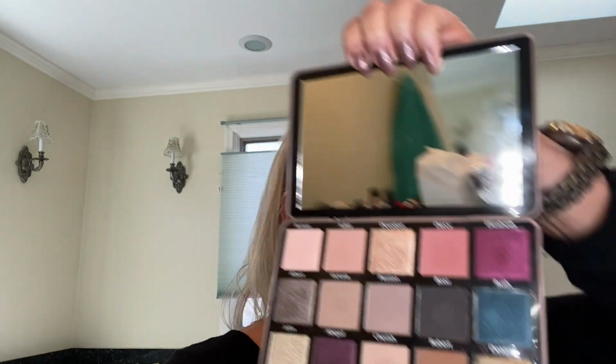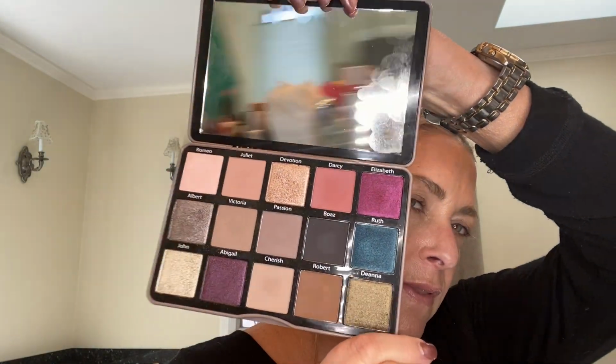I have been craving a cool tone palette for quite some time, and I've been dying for some taupes and silvers, and this just makes me so happy to see that a cool tone palette can exist. So I'm going to take the lightest matte shade that's in the light palette called Cherish, and I'm going to take a Wayne Goss 03. I might not be great about telling you about the brushes on this channel, but